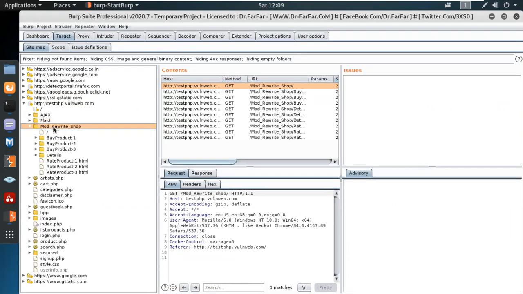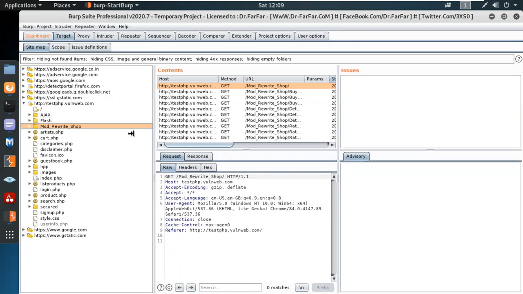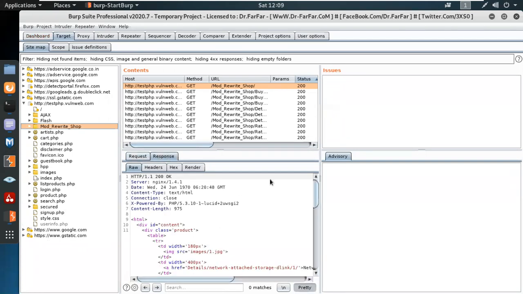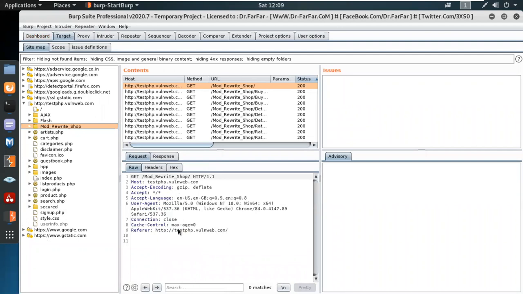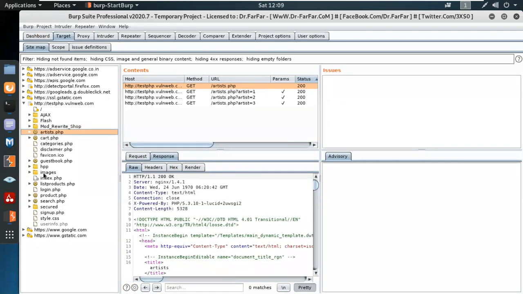Mode read write shop, you can see over here, and the code which is executing from the client and the server side. One of the best things in Burp Suite is that you can simply check the request and the response from the server side. And the response is 200, which means OK. You can see there are some other directories also, but the most important part is to examine